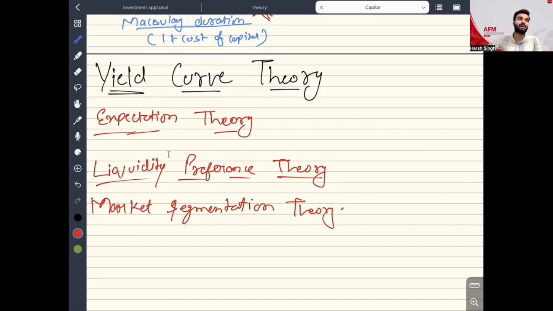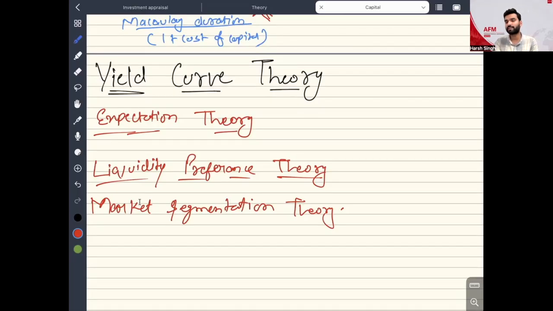Why? Because your bank can get closed, or even these things can happen. Like currency fluctuation can be there. There can be some geopolitical reasons. So because of all of these reasons, market segmentation theory states that the interest rate at the starting or initial stage is always less than the interest rate which is provided at the longer duration time frame. Why? Because your money is going to get trapped for a longer duration. That is your yield curve theory, everyone.